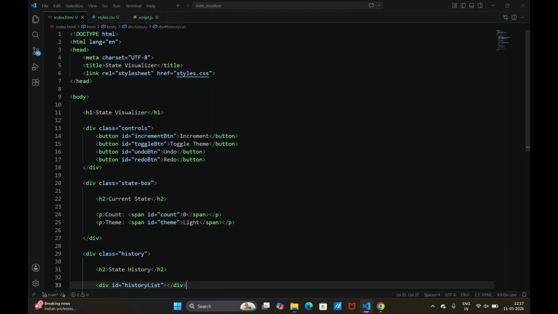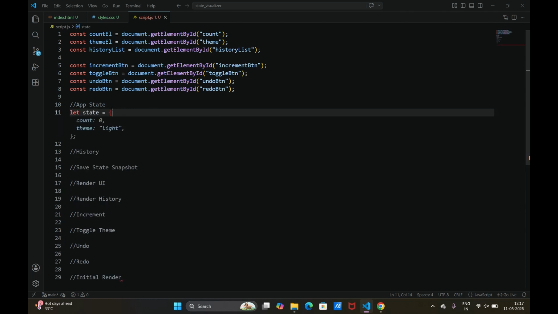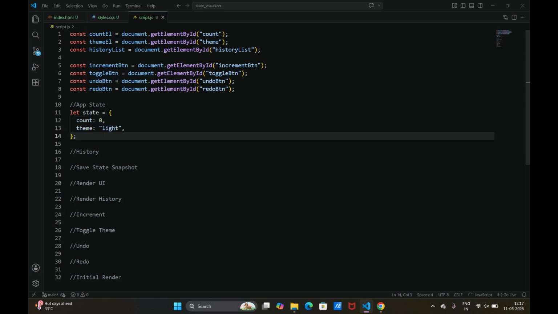I have created the HTML and CSS for this, and I have also already created variables using the identifiers. Now we have to write these sections, like app state. This is the initial state, that means the initial render of the application in the browser. So for the initial state, I am creating state with count equal to 0 and theme equal to light,